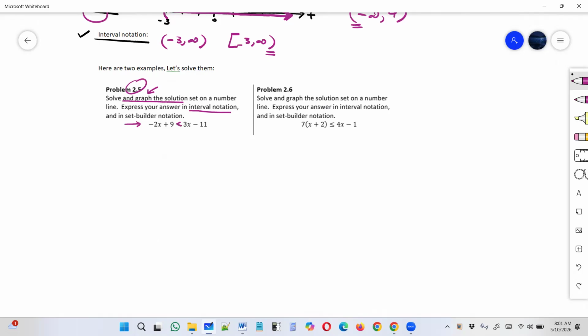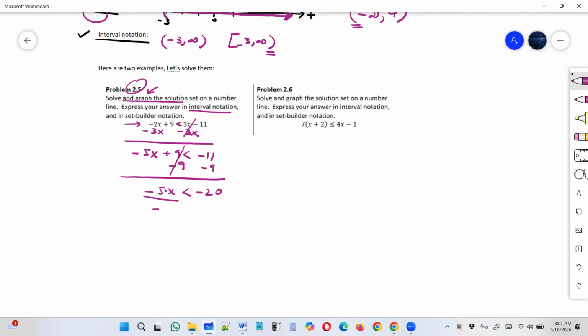So we have to move all of the variables to the left, all of the numbers to the right. So I'm going to do -3x here, and obviously -3x there to balance the inequality. So I get -5x plus 9. Here they cancel, -11. Right? So minus 9 now to get rid of that number. Notice it's exactly the same, negative 20. Now, at this point, I have to get rid of the negative 5 that's multiplying my x, and